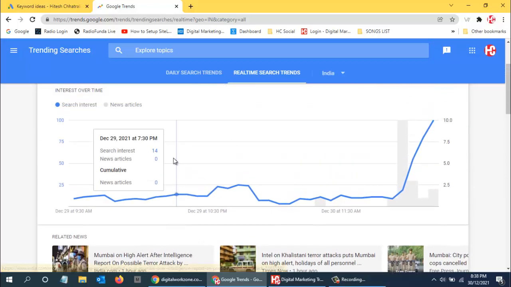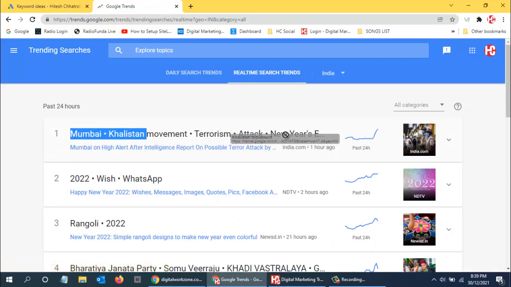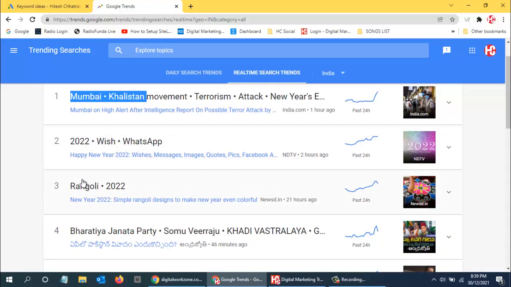So now if you use this news content in your website, then definitely it is going to come up because more and more people, after getting to know, will search. So this is 1 hour ago. Then over here 2022 wish WhatsApp, that is 2 hours ago. Rangoli 2022, 21 hours ago.